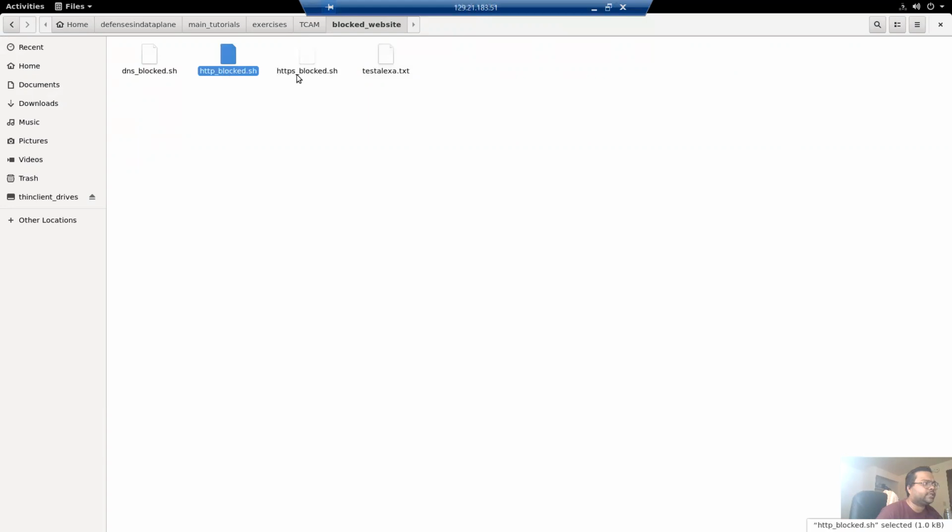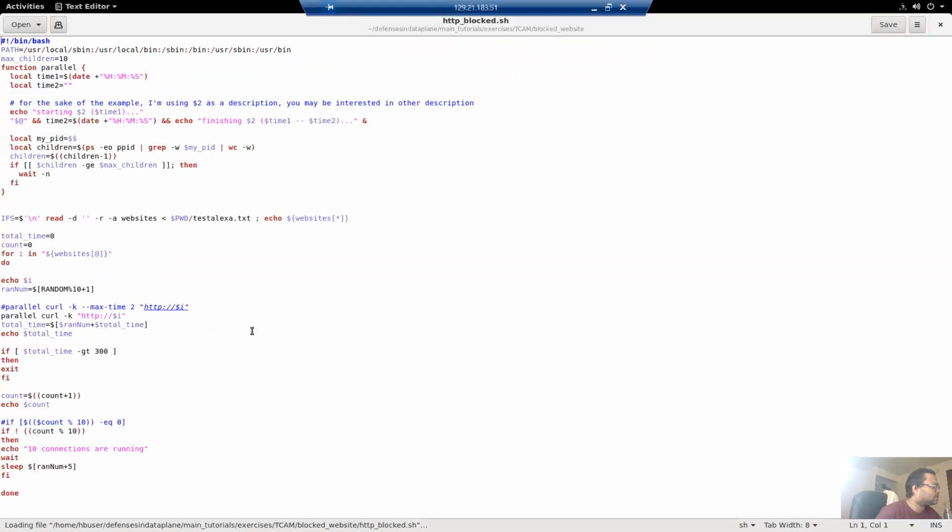For HTTP and HTTPS, there is an Nginx server running on the H2 node, and they try to make a connection with that H2 node. Using a curl script, we generate traffic at random, 10 parallel connections at a time.